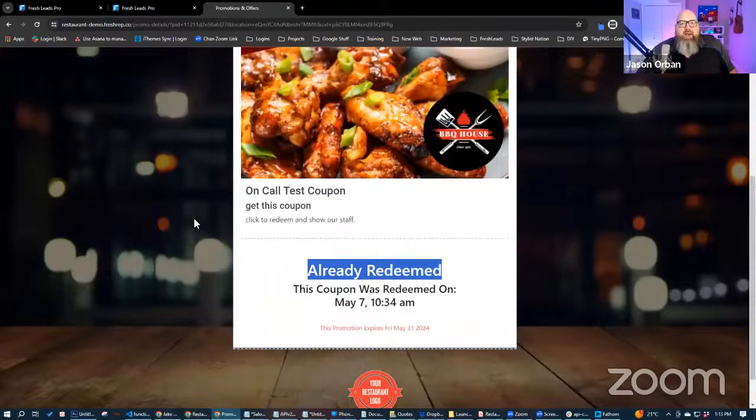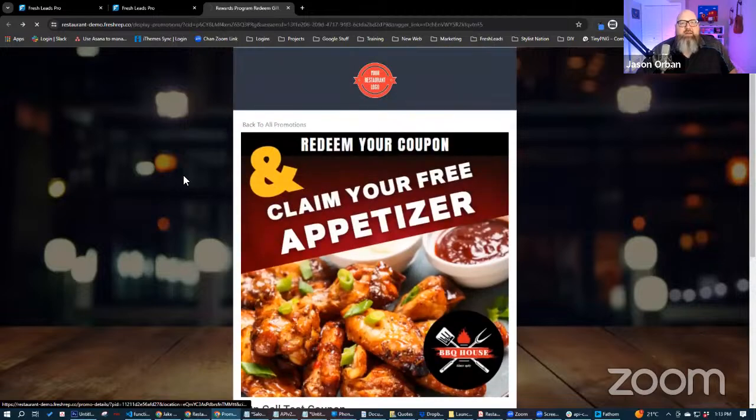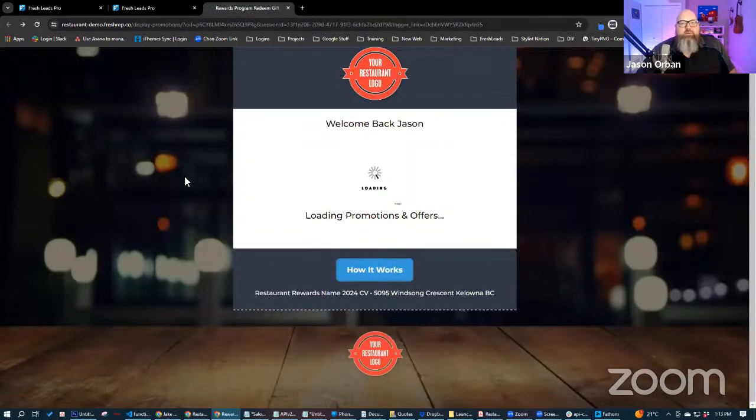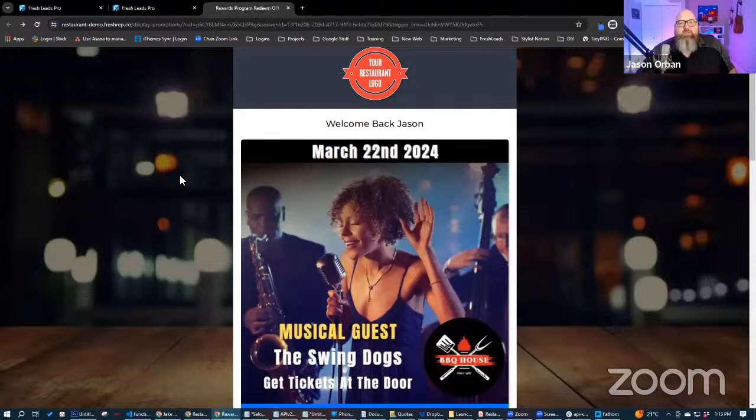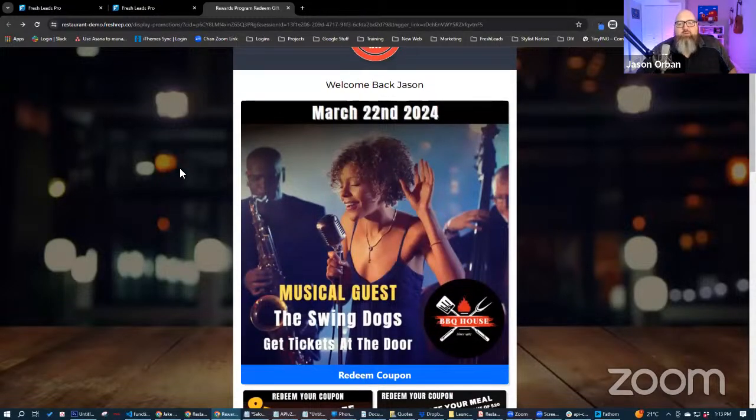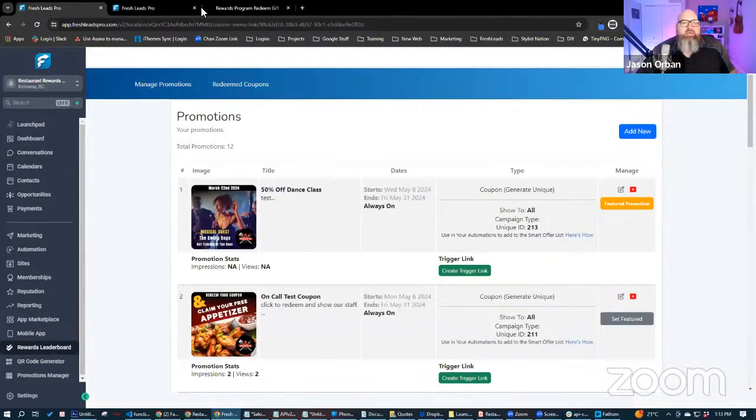Or, if it was in the past, so it just makes it so they can't redeem it more than once, which is a big thing for when you're working with restaurants. Like the number one question is, how do we make sure that they can't redeem the coupon over and over again? Well, that's how we make it, because it gets tracked and then you can't redeem it again. So after we have,